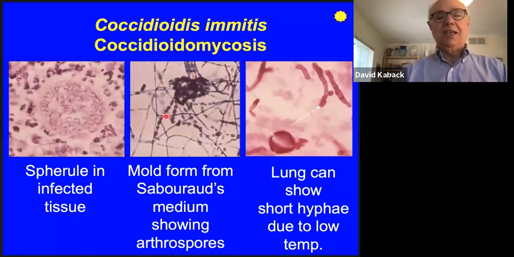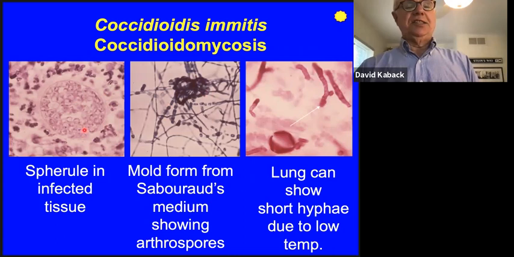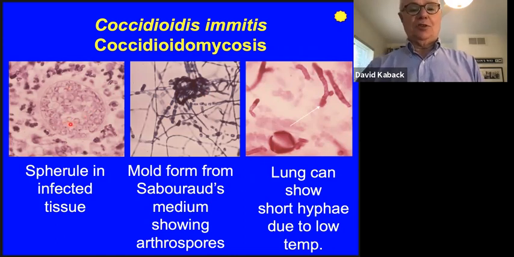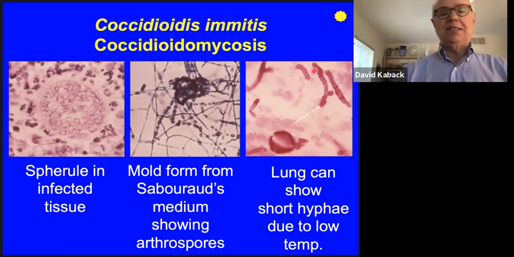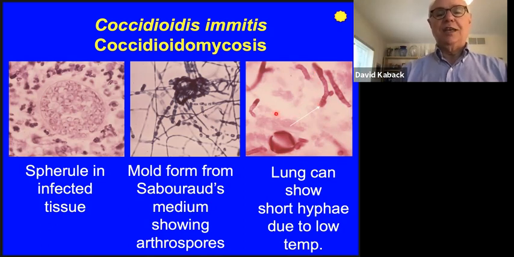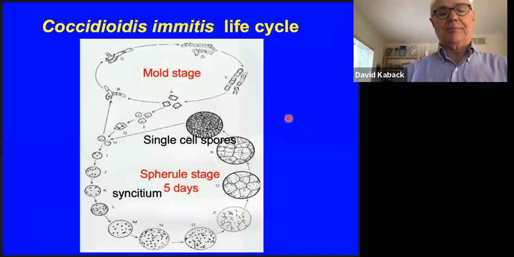Now, Coccidioides immitis, which causes coccidioidomycosis, is different. It doesn't have a yeast cell phase. It has a mold phase shown here that produces arthrospores. But instead of a yeast phase, it grows as what are called spherules. This is a multicellular syncytial type of growth that I'm going to explain in a minute. In addition, you might see hyphae growing within the lung, because the lung isn't that warm, as it's constantly being cooled down by the air we breathe.